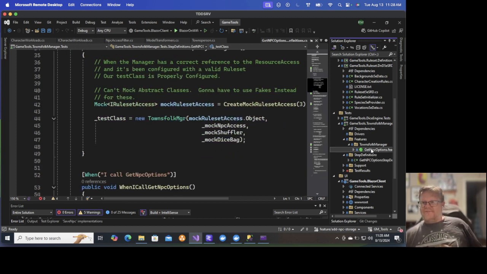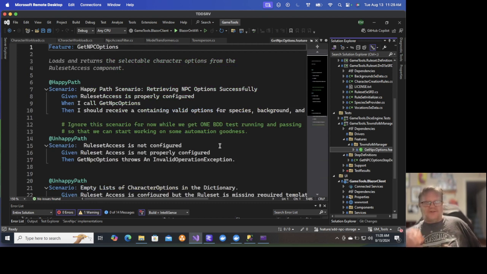But as far as getting a good first draft, this is all backed by xUnit. As far as getting a good first draft of the actual test, the feature definitions, I've found that Copilot's actually not terrible at it. You do want to review and you do want to revise,